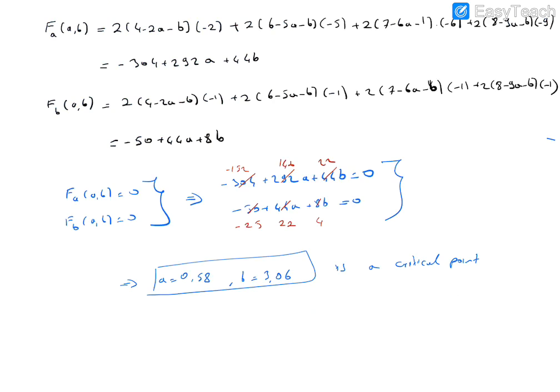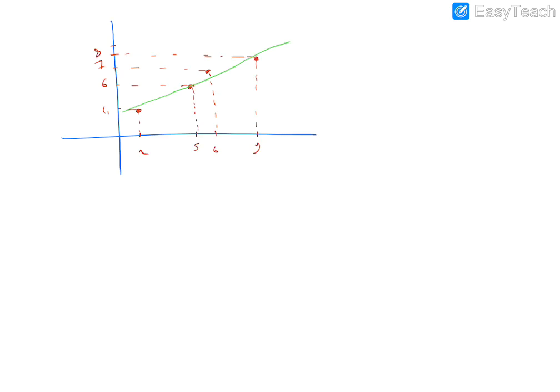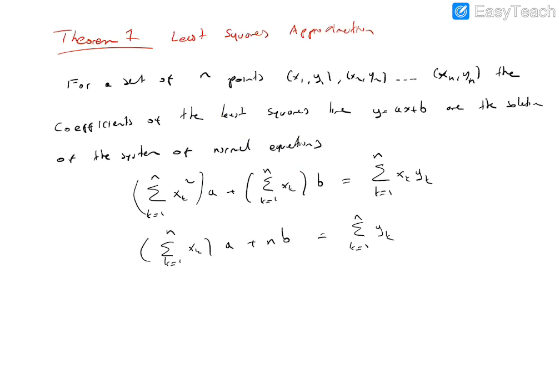So this is the summation of the square of xk, this is the summation of xk, this is the summation of xk, this is n, this is the summation of xk yk, this is the summation of yk, okay. So as a result, by solving that normal system, you can calculate the coefficients a and b, okay. And these are given by the formula,